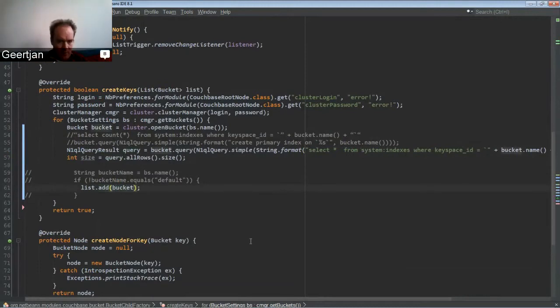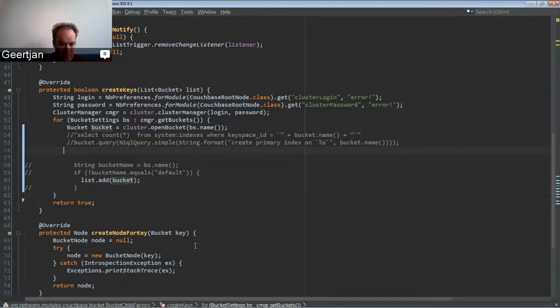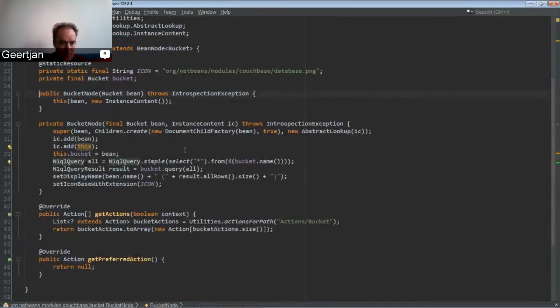Okay. I guess you still add the bucket to the list, but the logo would be a little bit different. Yeah, sure. Just got to think how to do it. I think we need to create some. Or wait, we can do it down here. I have a better solution. Not here, but in here.